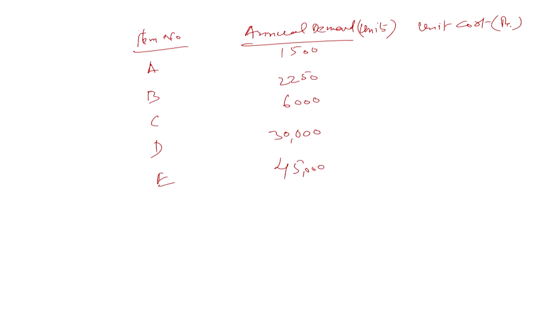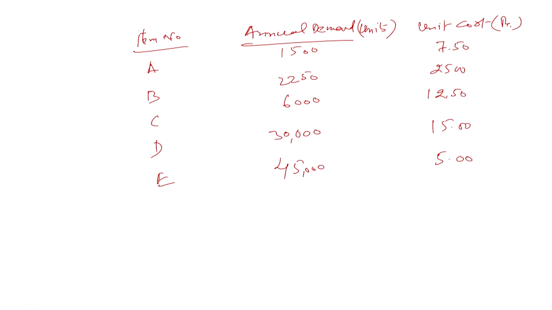So, let us see now what is the unit cost. The per unit cost of these raw materials is, for example, 7 rupees and 50 paisa in the first case, 25 rupees in this case, 12.5 rupees in this case, 15 rupees in this case, and 5 rupees in this case. This is the unit cost which is available with us.